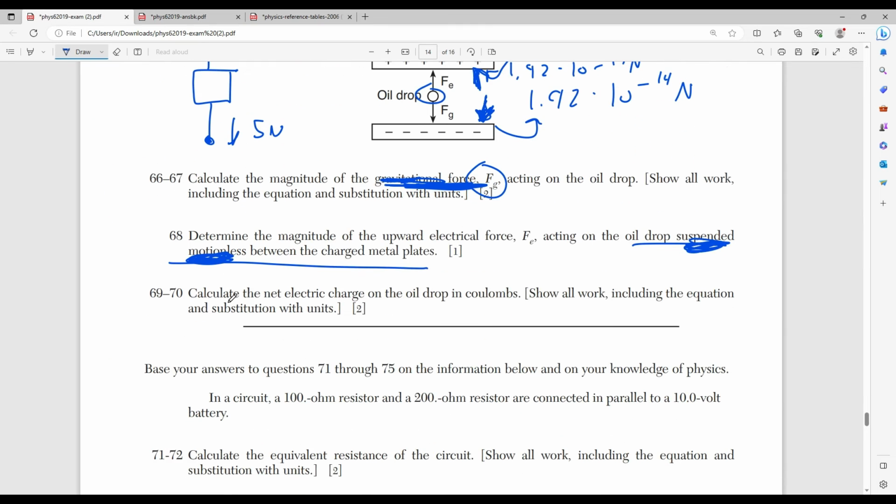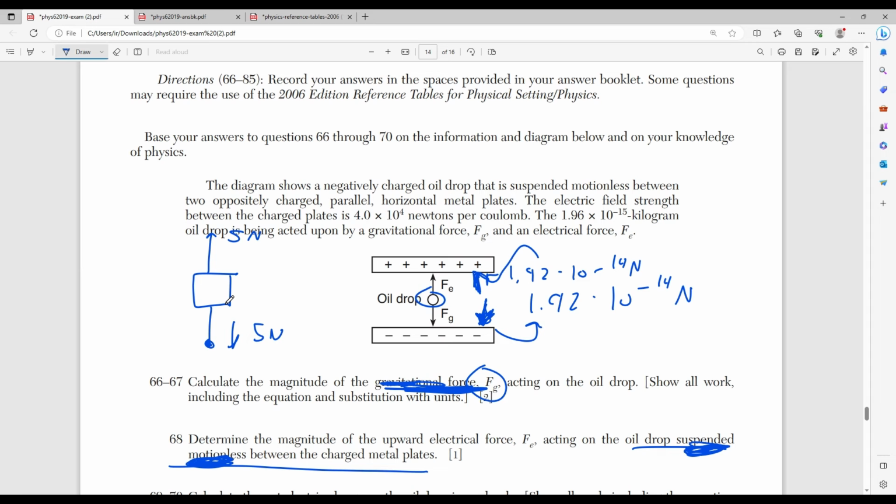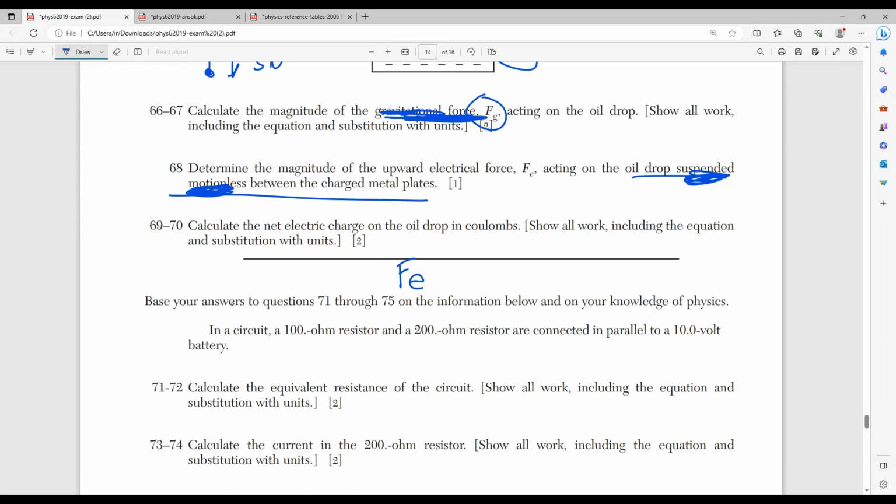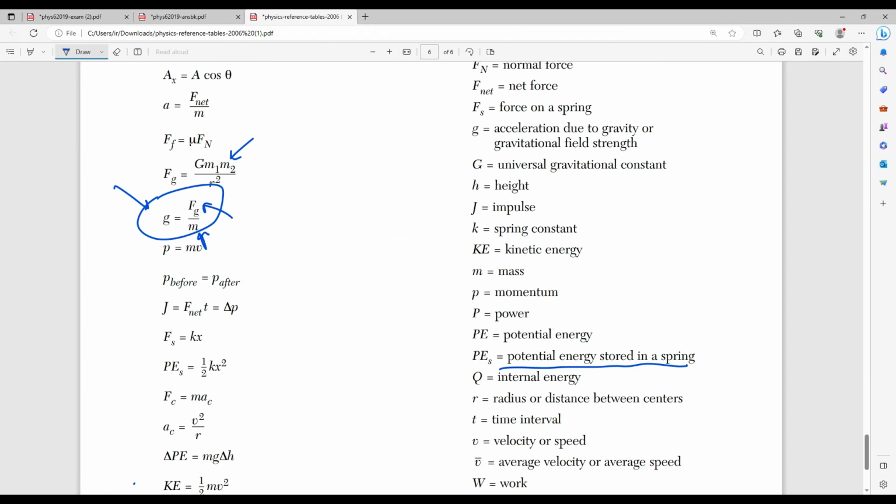So number 69 through 70 says calculate the net electric charge on the oil drop in coulombs. You have to show your work and substitution, right? So what I just solved for is F of E. I also have the electric field strength, which is the same thing as just saying E. And now they're asking me for the electric charge in coulombs, which is just Q. So I have FE and I'm trying to solve for Q. So if I go into my reference table right here,